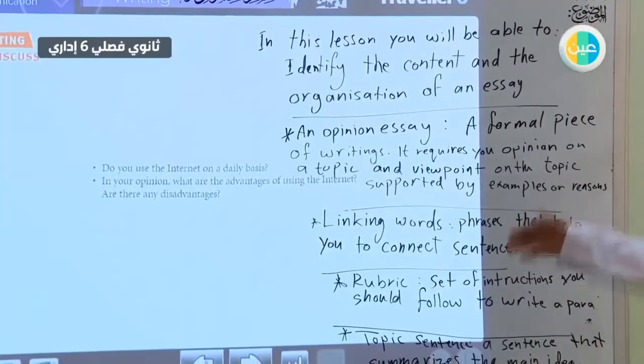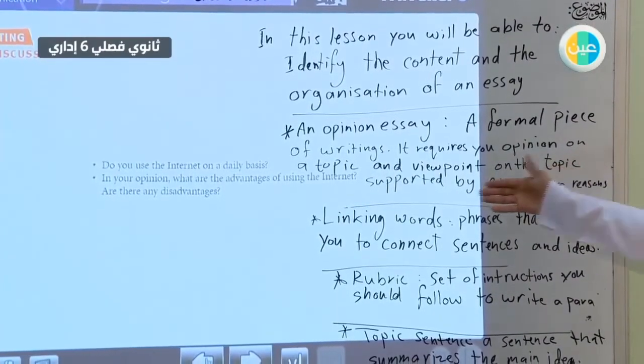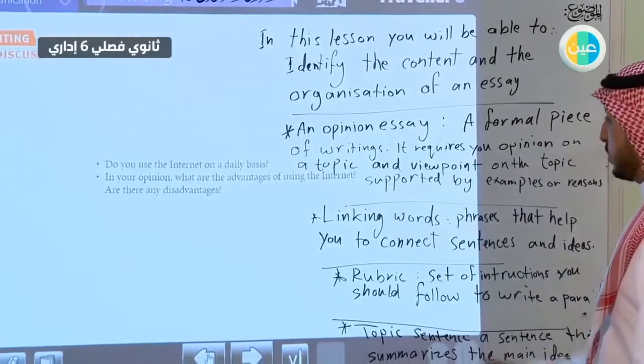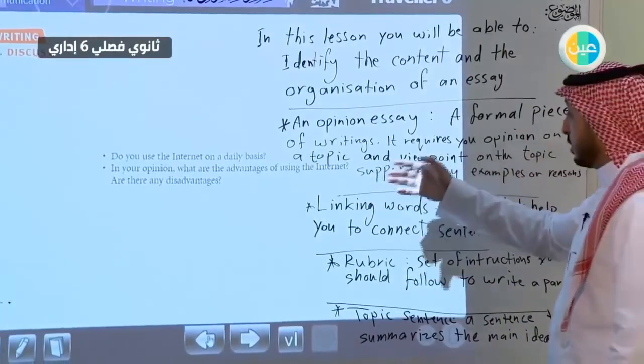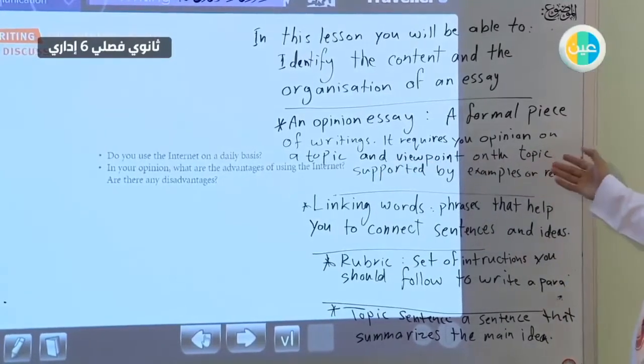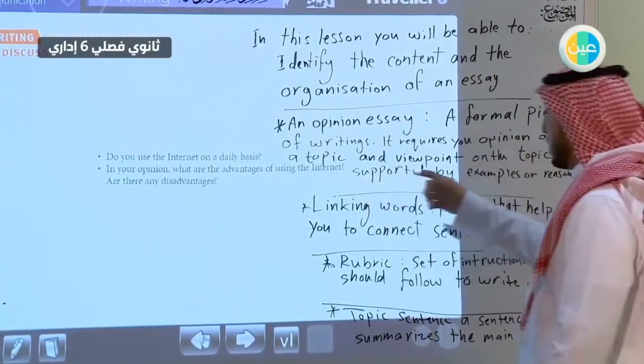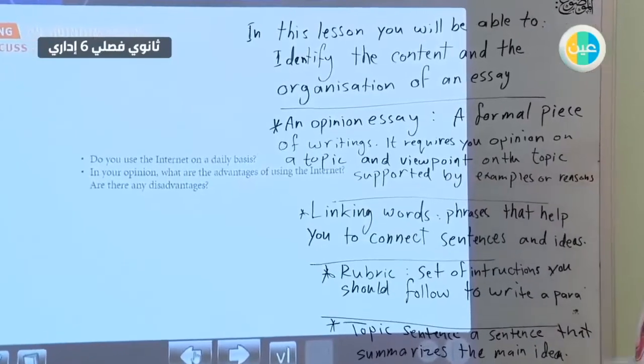But now we have here definitions. So the first one, what is an opinion essay? It's a formal piece of writing. It requires you to state your opinion on a topic and the viewpoints on the topic, supported by